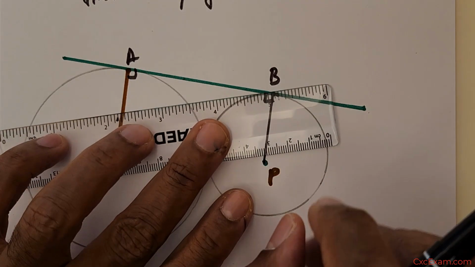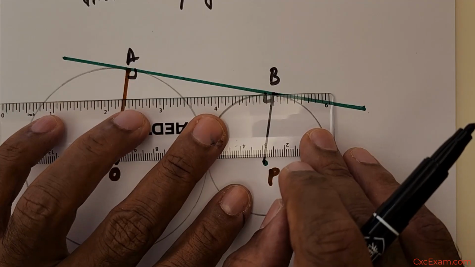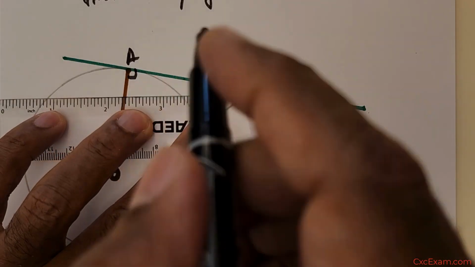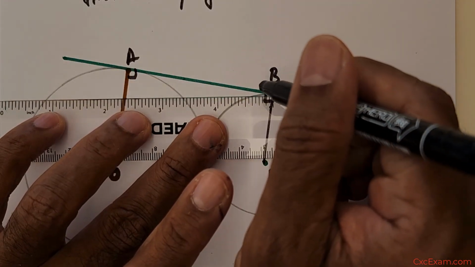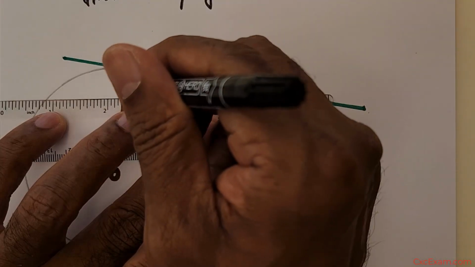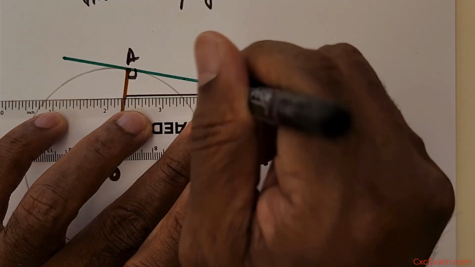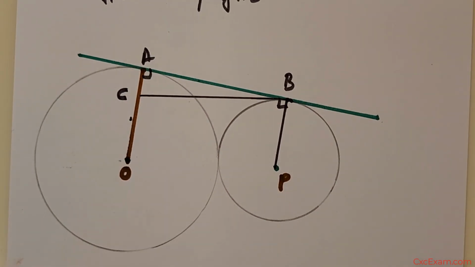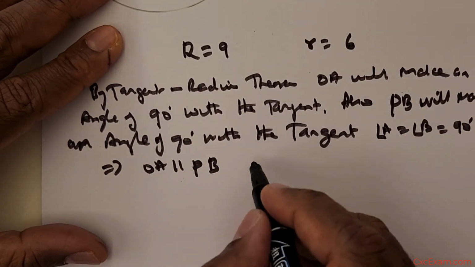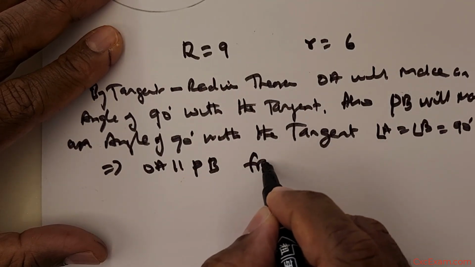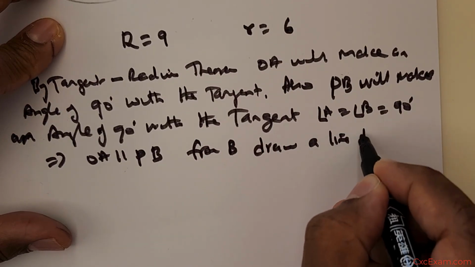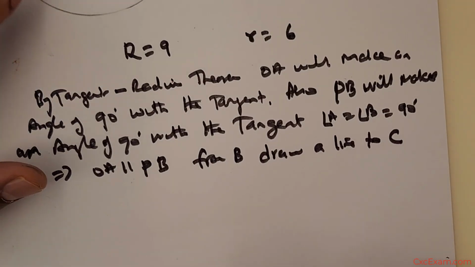Now, since we have got that out of the way, what I wish to do is, I would like to connect the point B with a point C. Okay, so from B, draw a line to C. It's just a line to C. Okay,